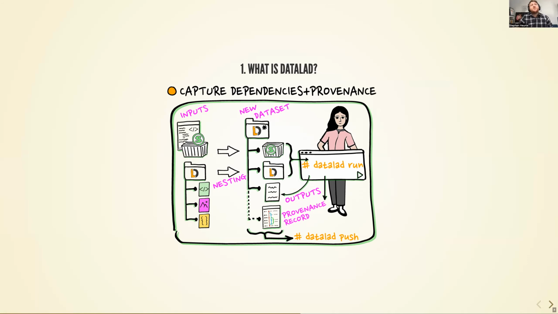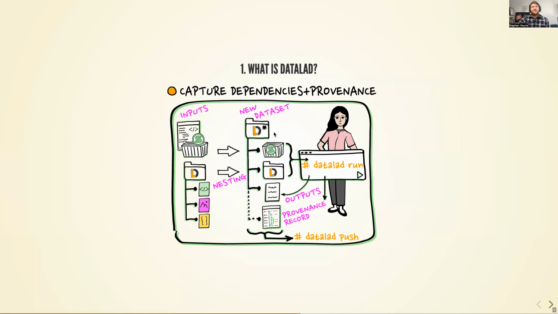Now, with DataLad, you can use dataset nesting to capture these dependencies. So if you create a new dataset that is called our publication dataset, for example, I create a sub dataset that tracks the version of the container. That is a dataset. I create a sub dataset that tracks the version of the actual input data. And then I can run the analysis, and I use DataLad run to do that. Because when I use DataLad run, and I, for example, point to the input data and to the container, the outputs that are generated